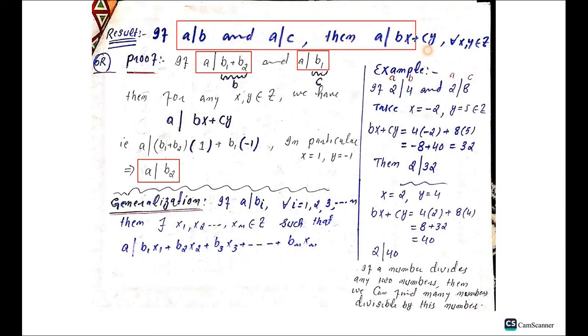तो इसी रिजल्ट को हमने ऑलरेडी प्रूव किया है, लेकिन इसको मैं रीड करता हूँ। यहाँ पे ये है कि अगर a b को divide कर रहा हो और a c को भी divide कर रहा हो तो a b और c के लीनियर कॉम्बिनेशन को भी divide कर रहा होगा और इस लीनियर कॉम्बिनेशन में 2 इंटीजर्स x और y है। तो अगर a b1, b2 up to bn को divide कर रहा हो तो फिर यही a b1, b2 up to bn के लीनियर कॉम्बिनेशन को भी divide करेगा।